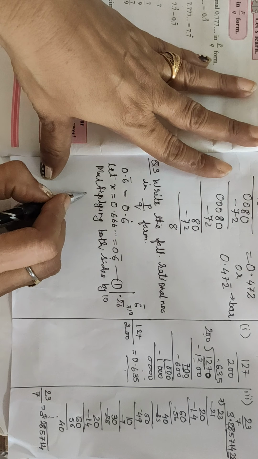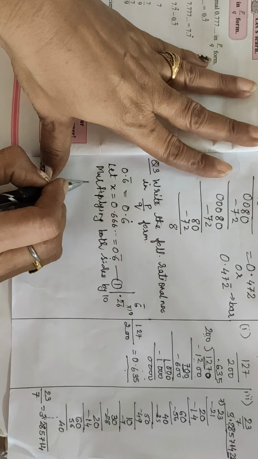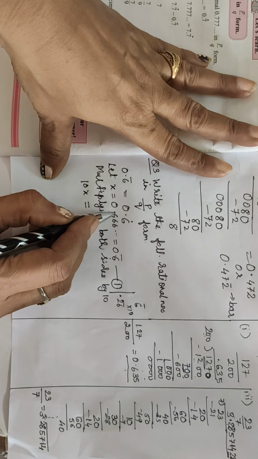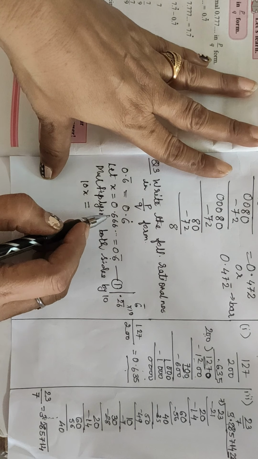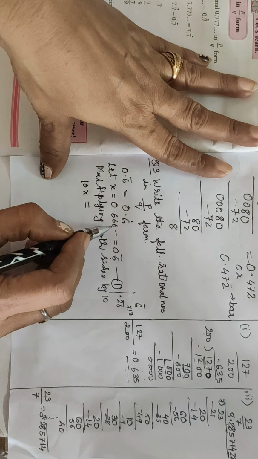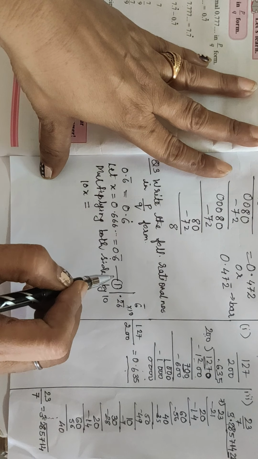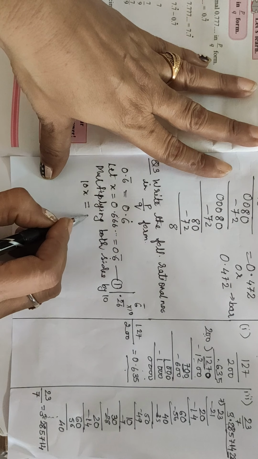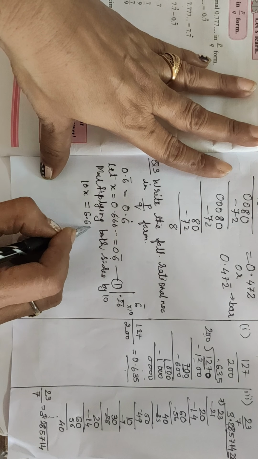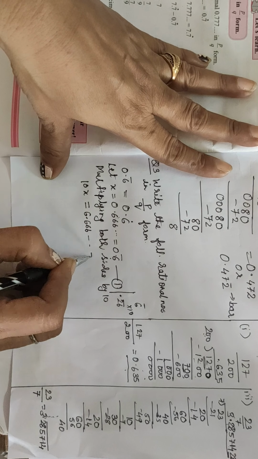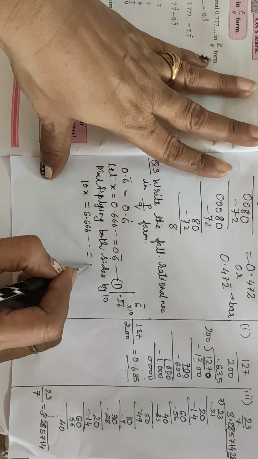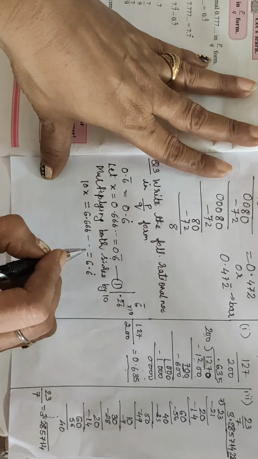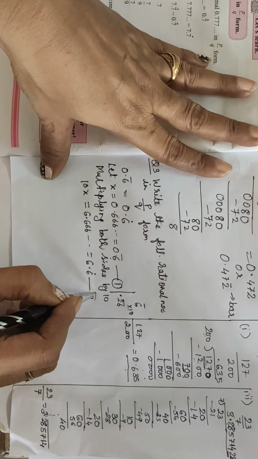So when you multiply x by 10 on the left side, what will you get? 10x is equal to 10 times 0.6. Now you know children, in the previous class we studied that when you multiply any decimal by 10, the decimal shifts to the right by one place. So it becomes what? 6.666 dot dot dot, or you can write, this is repeating, so we write 6.6 bar. Okay. Now give this as number 2.